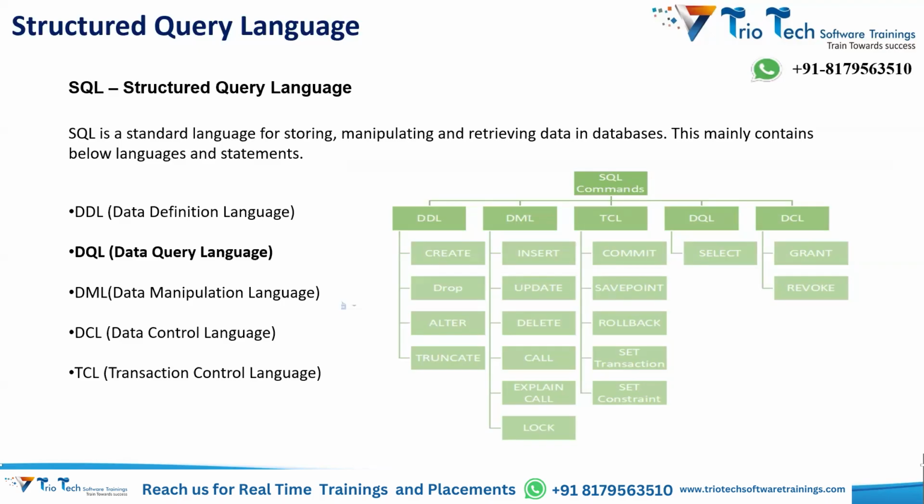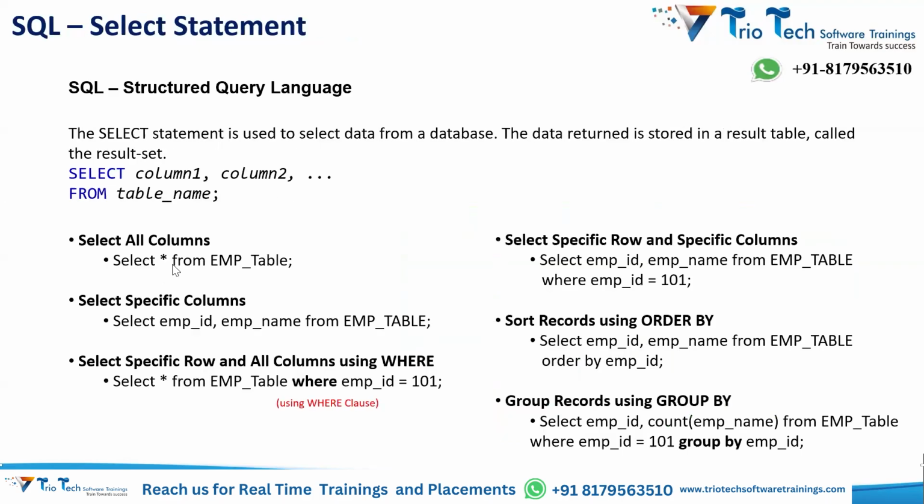Okay. Guys, talking about the select statement, as we said, we are going to cover everything from the basics and fundamentals. The select statement is written with select and from as the keywords. If there is a table from where you need to fetch the data, and this table contains multiple columns, whichever columns you need to fetch, you separate them by comma, and that's how you write your select statement. These are the possible variants of the select statement.